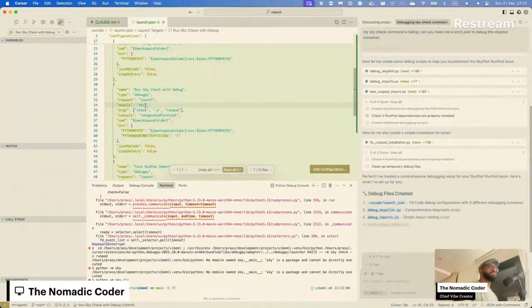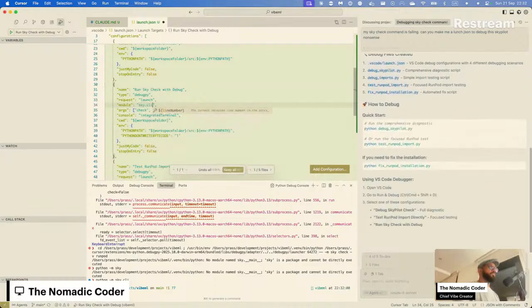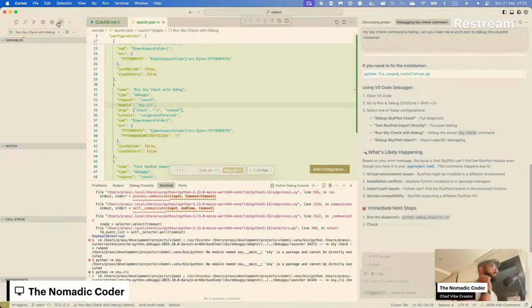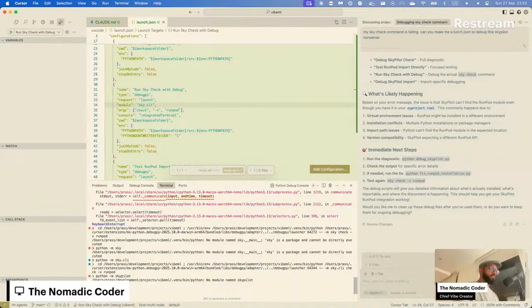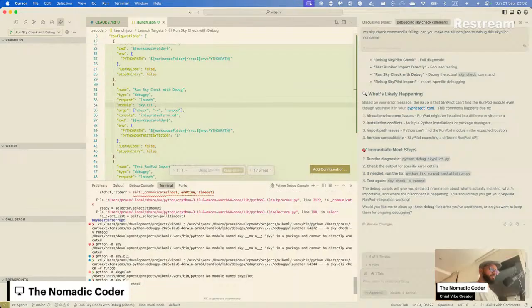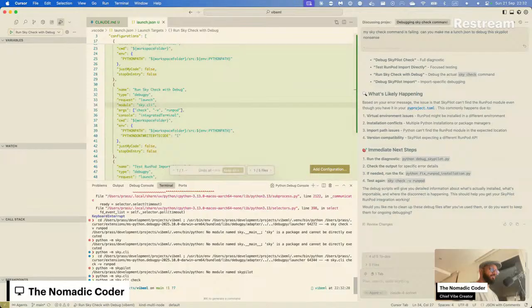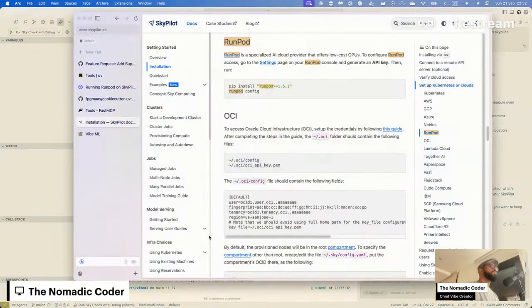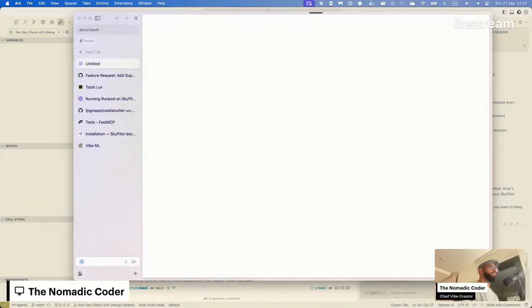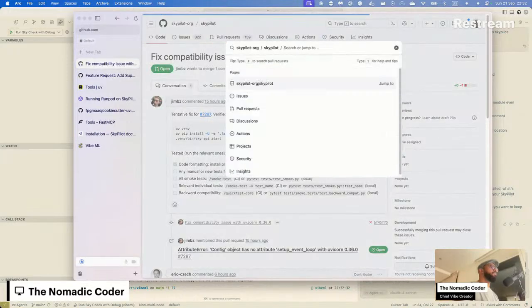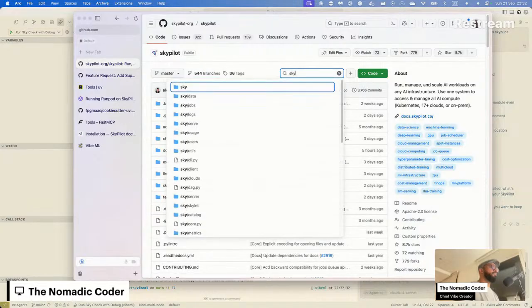Hmm. Still doing stuff. What's it called? It's called CLI, right?